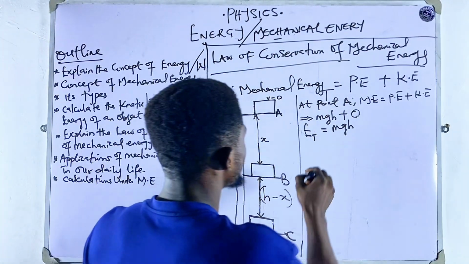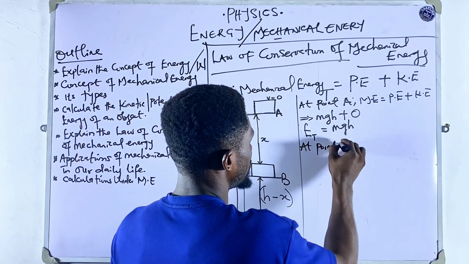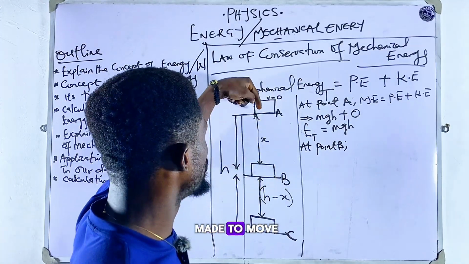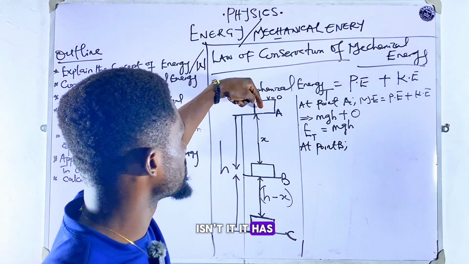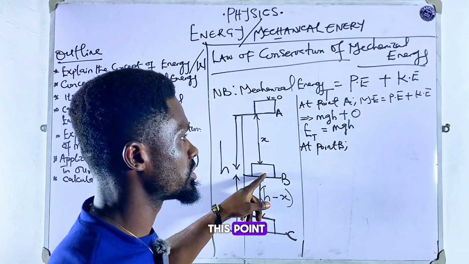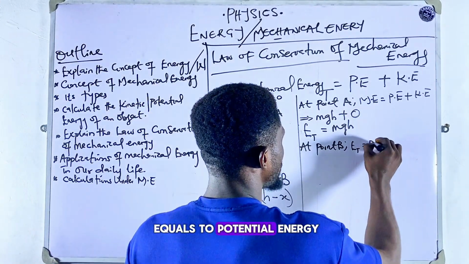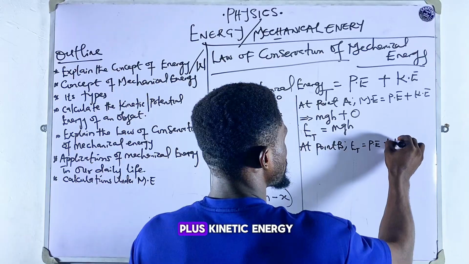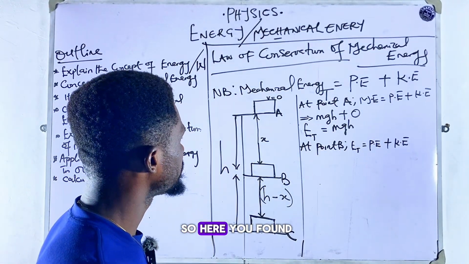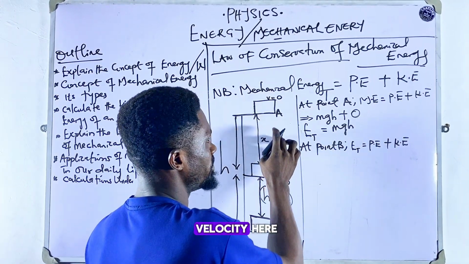So now at point B, the object has been made to move, isn't it? It has been made to move from this point to this point, isn't it? So our total energy is equal to potential energy plus kinetic energy. Are you with me? Since the object is moving with a particular velocity here,